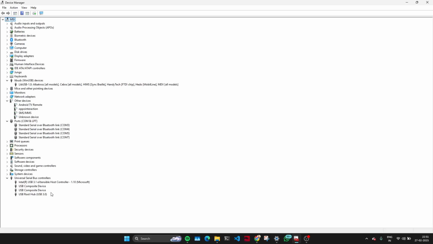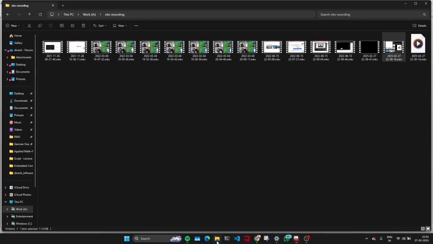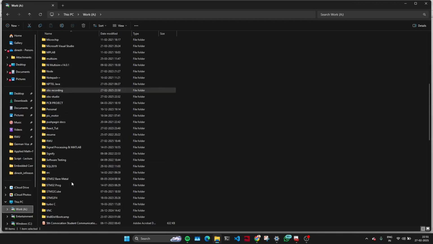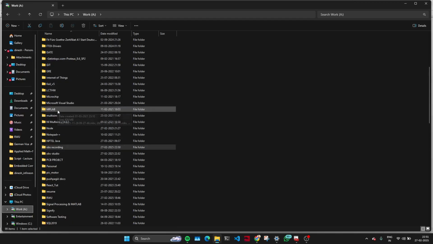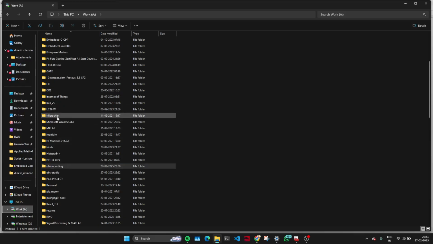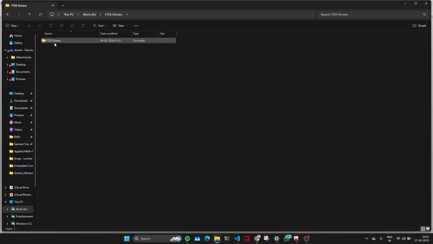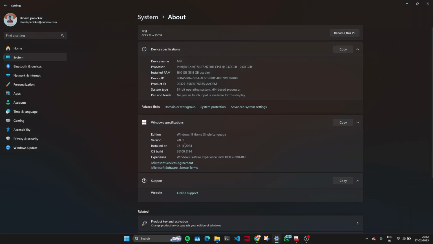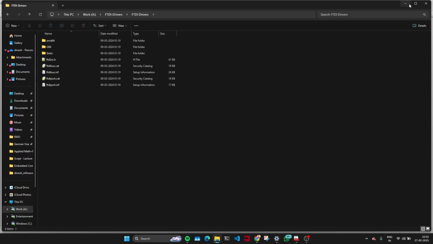and I basically see this as a libusb. Now, mind you, I have installed the FTDI drivers on my PC out here in FTDI drivers. So these are my system drivers, which should actually be assigned to the FTDI cable, but since my Windows 11 24H2 version doesn't detect this as an FTDI cable,